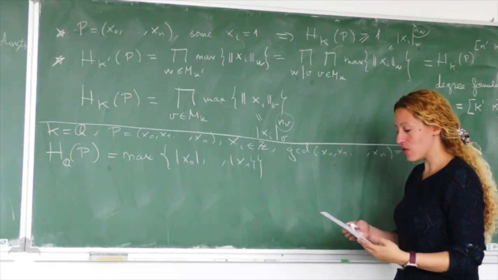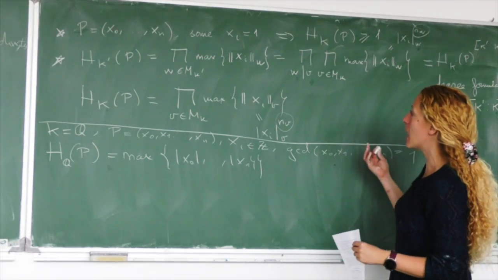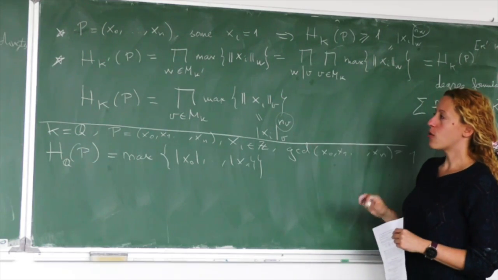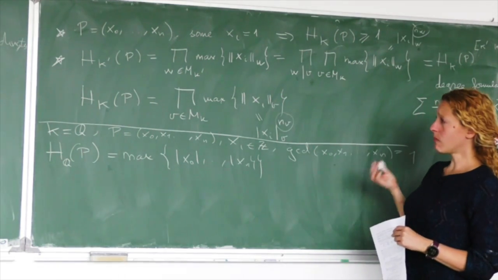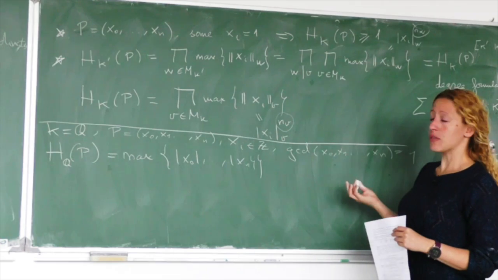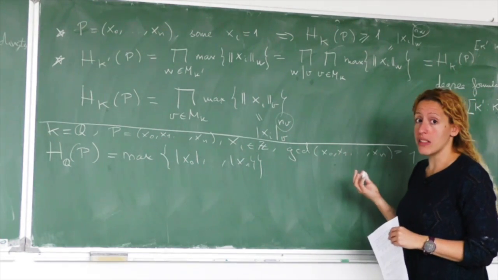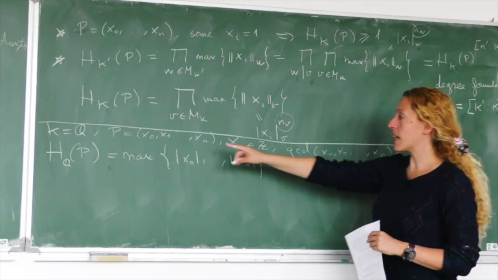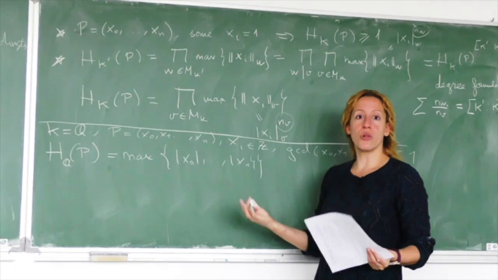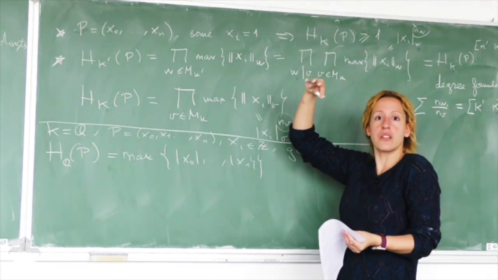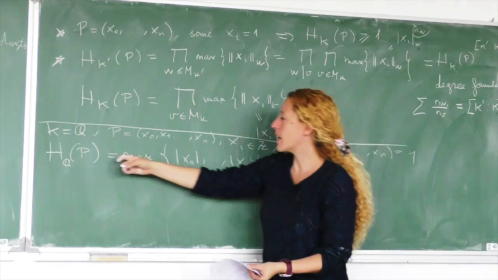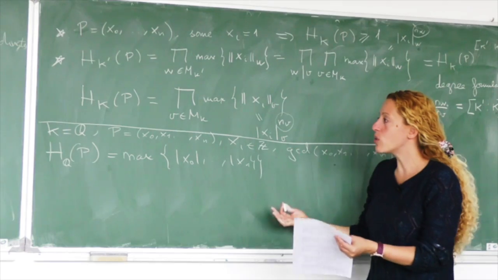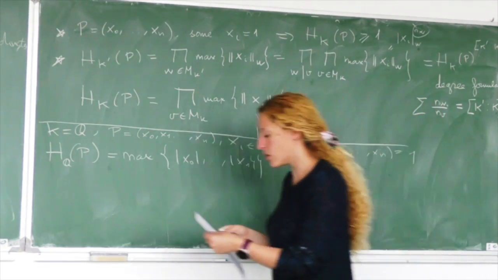Okay, very well. So now, what is the next step? After this last equality that we proved here, right now we have defined a height that depends on the field of definition, so we can try to define something that doesn't depend on the field of definition. Because even if I take a point with rational coordinates, you could assume that those coordinates are in a bigger field. So which height do you use? The height for k or for k prime? So we are going to give something that doesn't depend on the field.